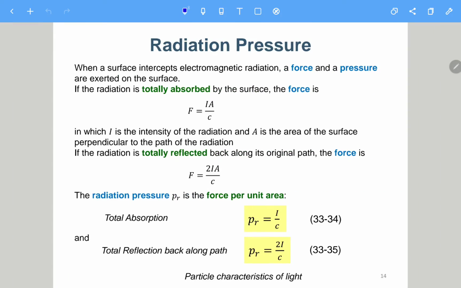Okay, so next we just briefly introduce what radiation pressure is. I don't know too much about it, but why will the textbook introduce radiation pressure here? The reason is that I think you should have learned something called duality during high school physics. In Chinese this is called 二象性,